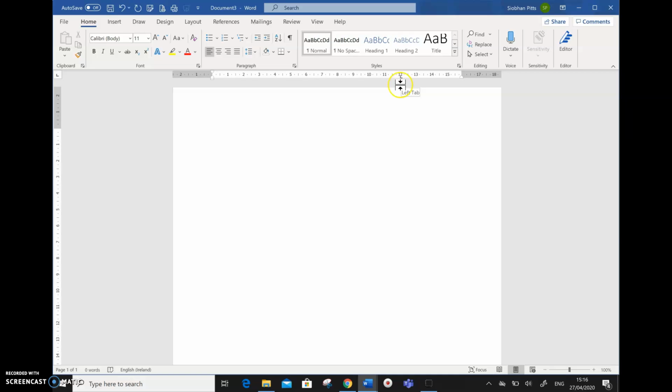Okay, so to navigate to your tab stop position quickly, use the tab key on your keyboard. So I'm just going to use the tab key and it takes me straight to my position at number 12. So I'm just going to write an address. So number 1, Chapel Street, tab again, Dundalk, tab again,